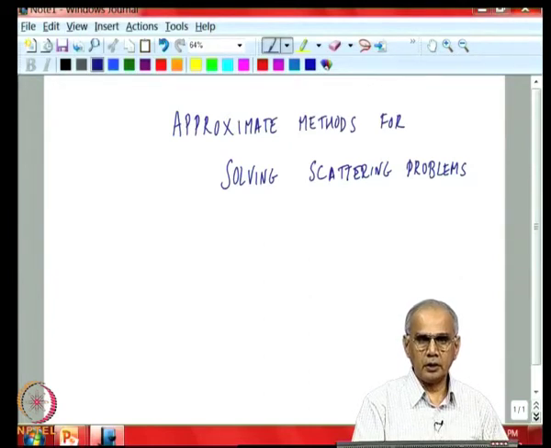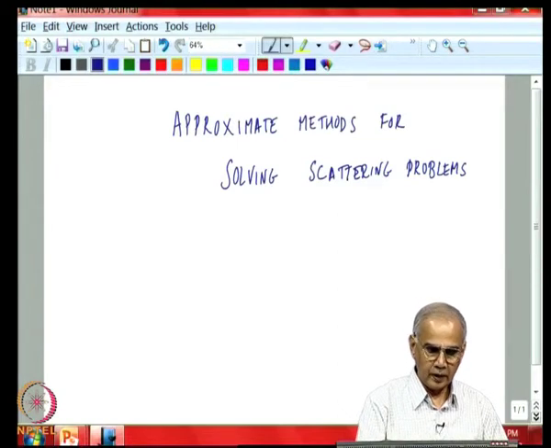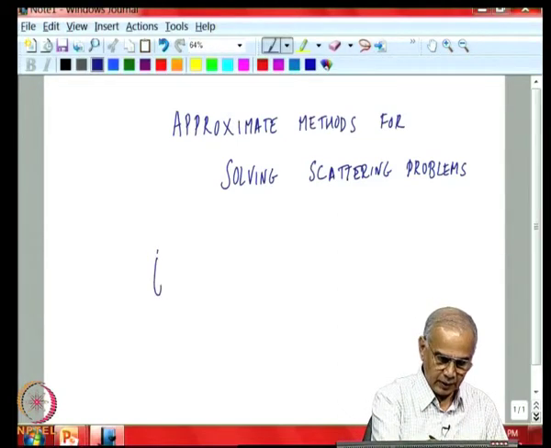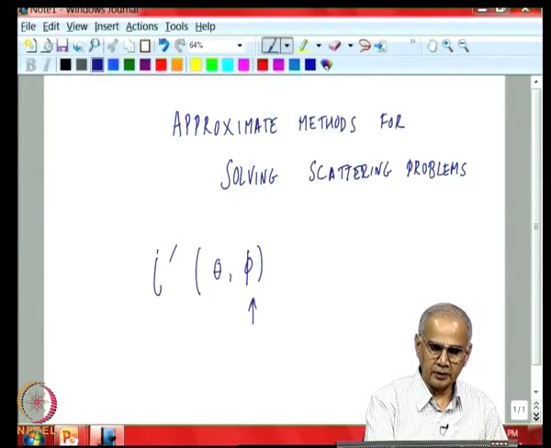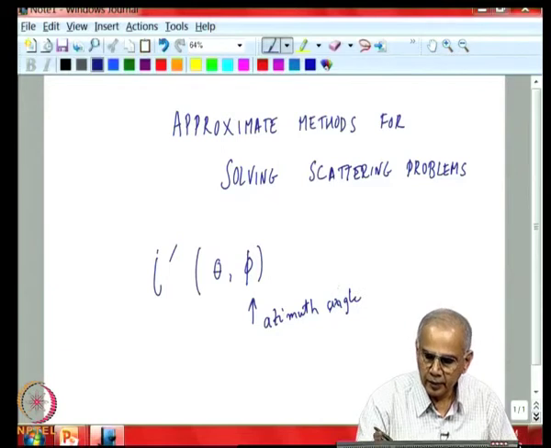So, in scattering problems, you have to worry about how intensity varies with angle. And if you recall, our intensity I prime is a function of both theta and phi. So, this is the azimuth angle,